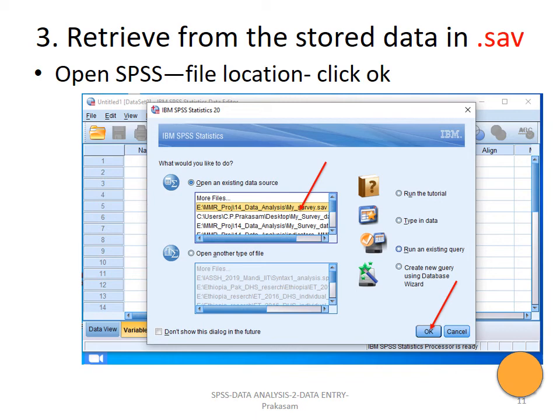From this submenu, you identify where your file is; it will show more files, otherwise the last used files. You identify that and click OK, and it will come. Suppose it is not there in the submenu, then say Cancel, go to File, Open, then Data, and you will get this submenu. Directly you can transfer this into the SPSS spreadsheet, so that it will be used for further calculation.